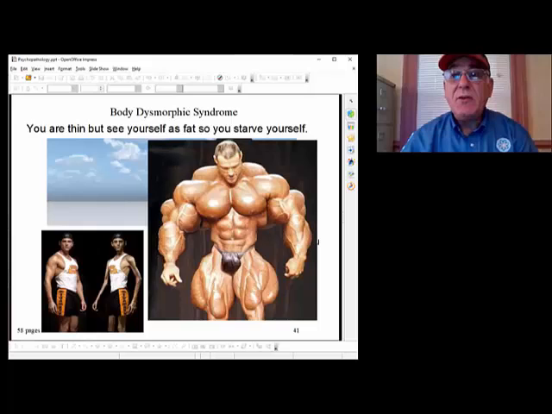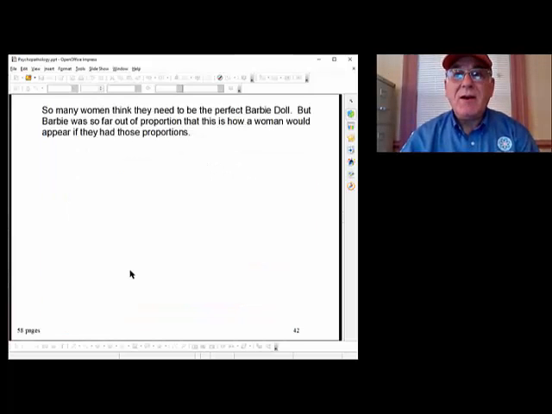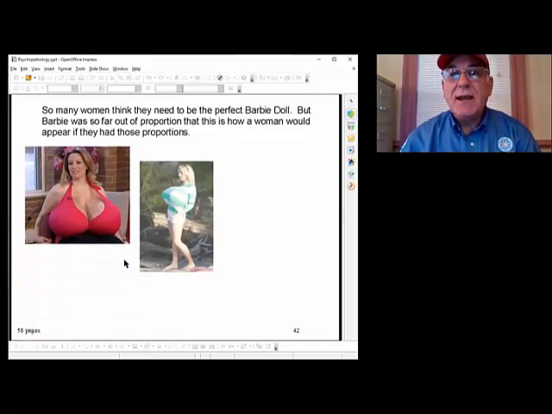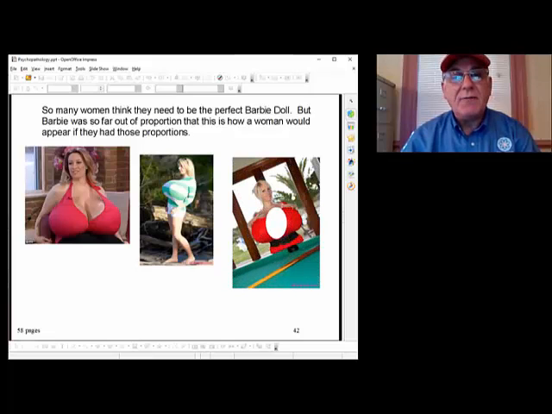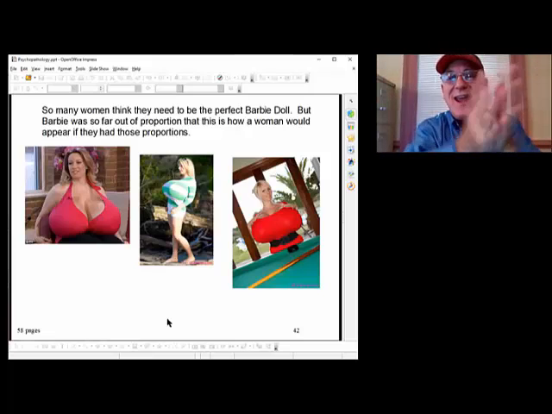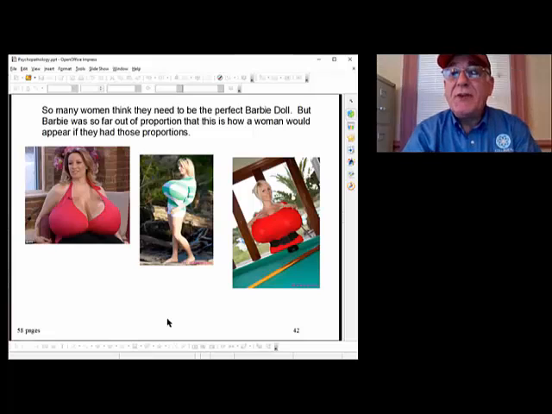And it happens to women too. Women are supposedly to be the perfect Barbie doll image, but if you blow up a Barbie doll to its correct size, then you get something completely different. And these are two different women. The one on the left is in the United States. The one in the middle and the right is in England. Both of them are in the Guinness Book of World Records. Again, accolades, yay! They're also both strippers, so they're getting applause from their customers too. So they're getting positive feedback for destroying their bodies.